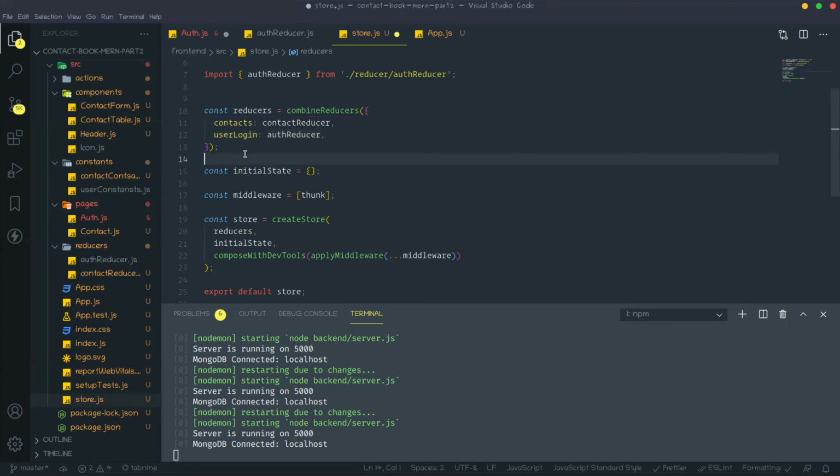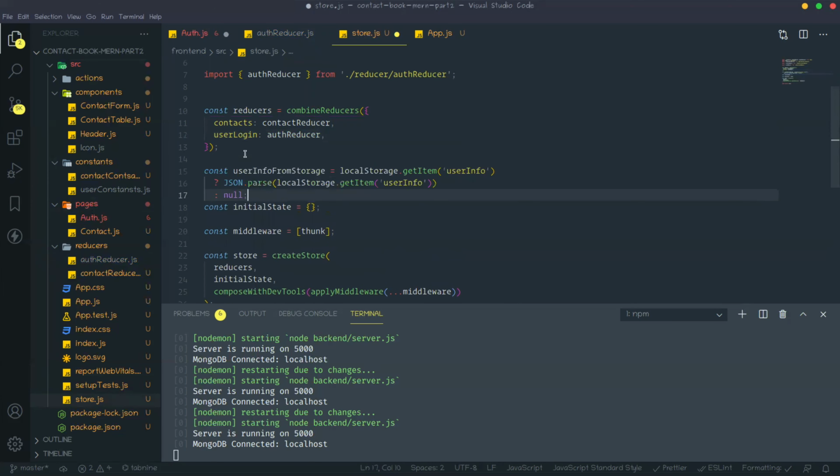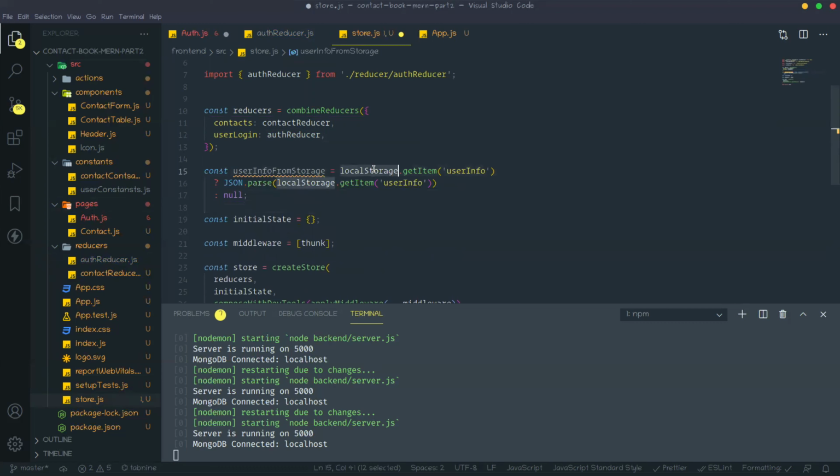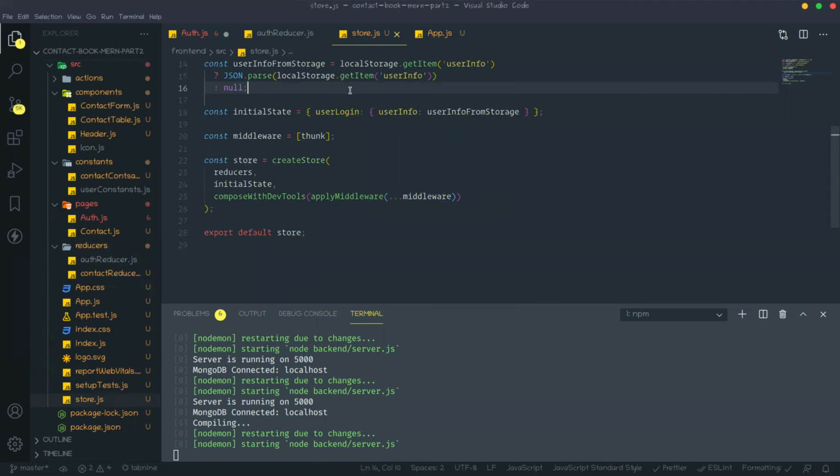So I'm creating one variable, user info from storage, and then we just get the item user info and parse it. If user info is present, then we can parse. If not, then none. Okay, and put this in the initial state. So user login is the reducer, and in this reducer, user info is the key name, and then this is the value. Okay, so up to this done, the store is also done.